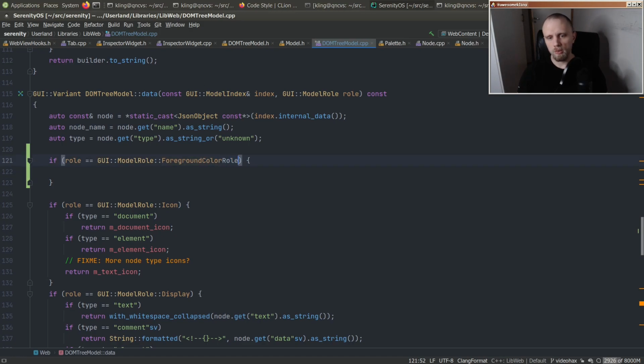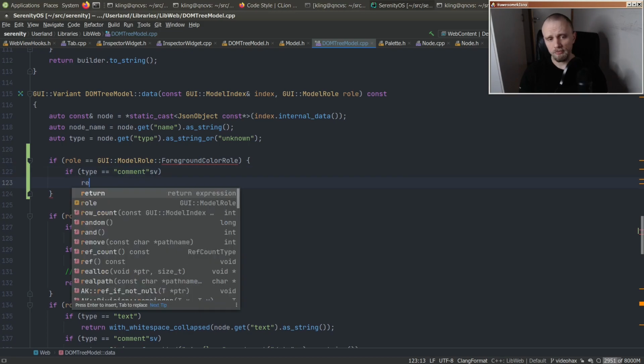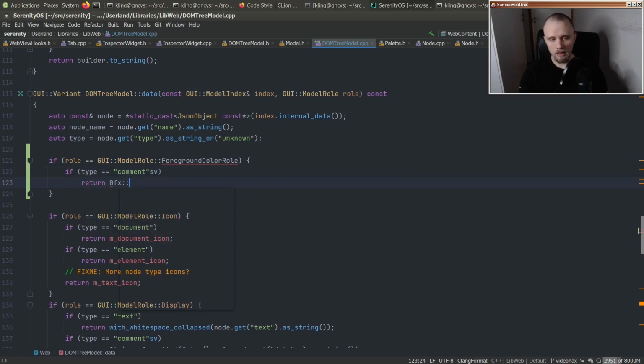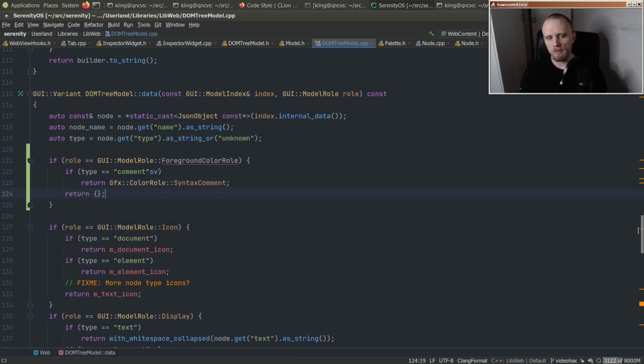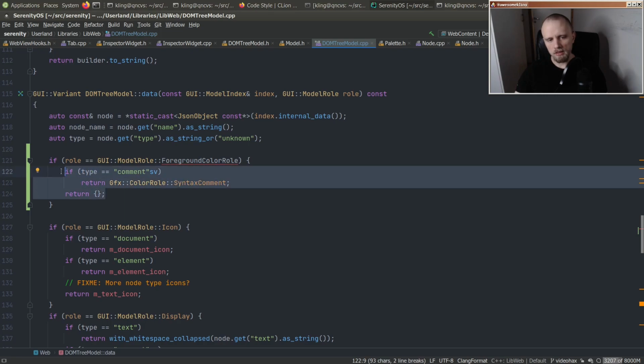So it would work like this, and then we would return, if type is comment, return graphics color role syntax comment, like that, right? And then otherwise just no override. I feel like that would be a good design, I think, but